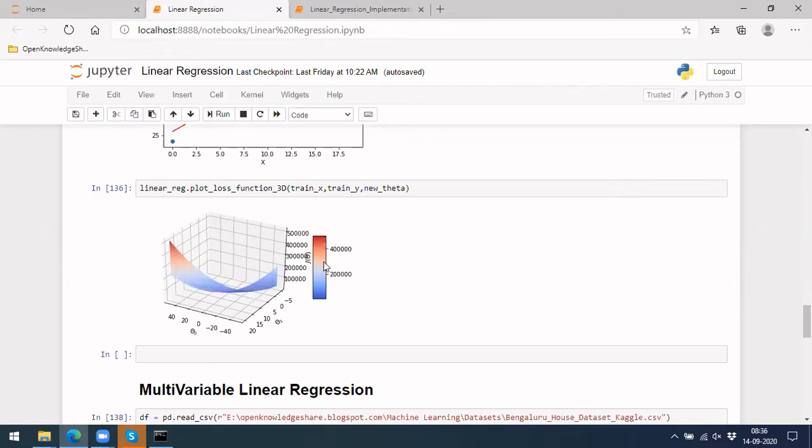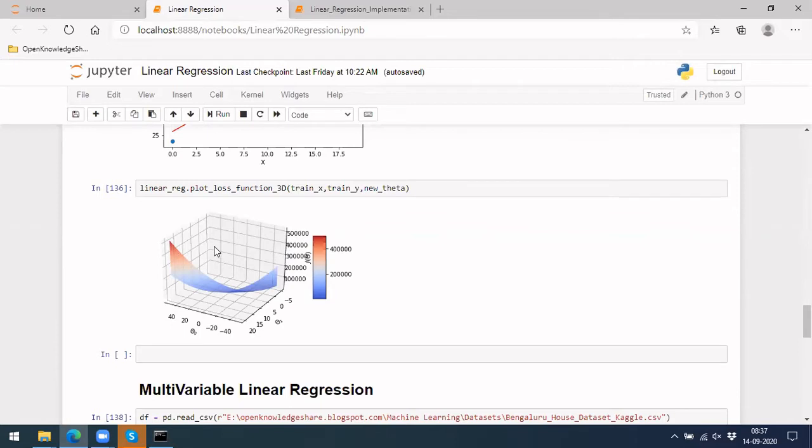You can see here it's slowly coming to white and then to blue, which means it is decreasing. At some point, where theta is somewhere near zero and theta naught is somewhere near these minus values, you get the dark blue value, and after that, if you increase theta naught and theta 1 values, it will start increasing again. And if you plot it further, on this side too it will increase to higher values.